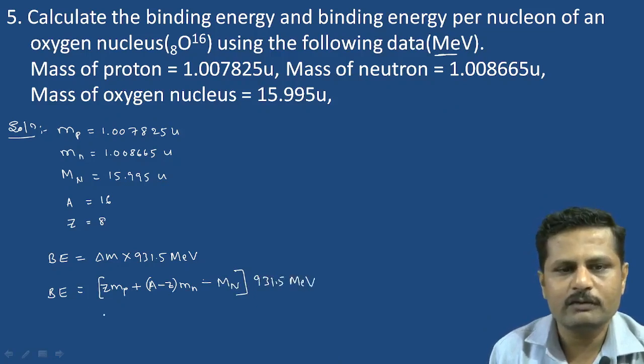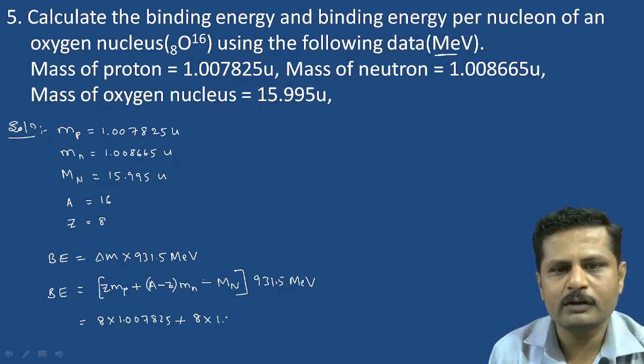Now substituting the values, Z equals 8, the mass of the proton is 1.007825, plus A minus Z, that is 8, into the mass of neutron 1.008665, minus the actual mass of the nucleus 15.995, times